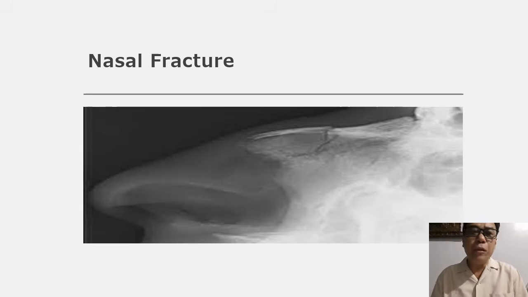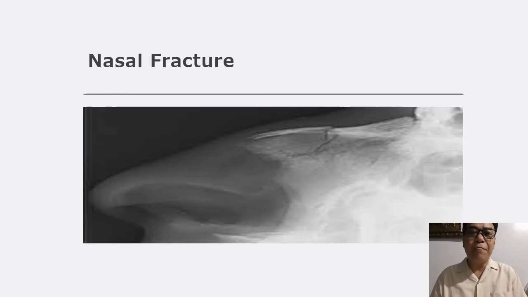So the unilateral nasal fracture usually produces little to no displacement. However, if it is a bilateral nasal fracture, which is more common, we could see that there is a flattened look on the nose. Just think that there is a blow on your nose, so most likely it will flatten. Okay? So since sometimes it could be coded as complex.